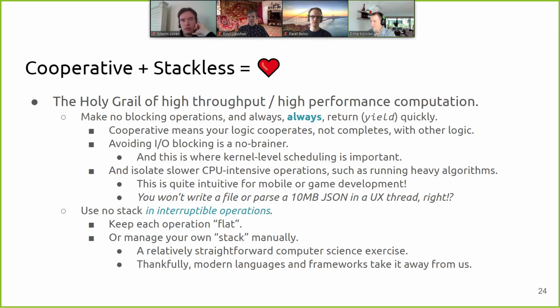You respond to it, and you yield control. You tell others, hey, I'm done. You can do your work. And then it's back to the scheduler, which is the kernel scheduler in terms of kernel threads, or the user space scheduler in terms of green threads. That's it for cooperativeness. For the stacklessness,